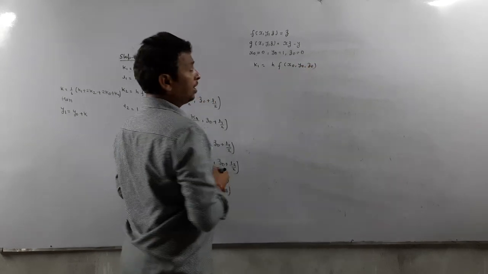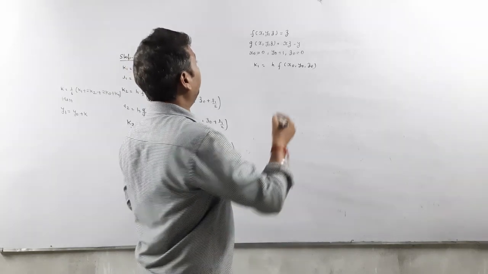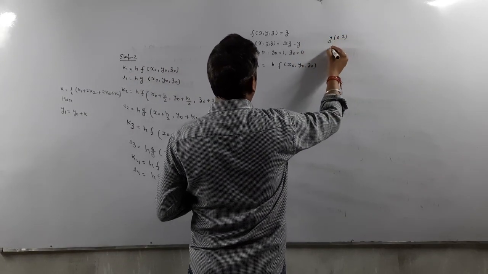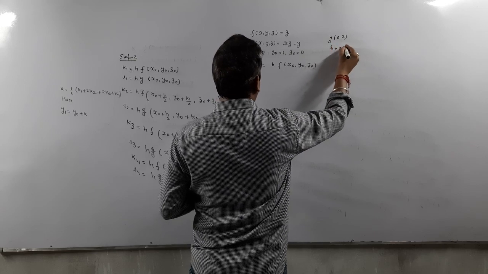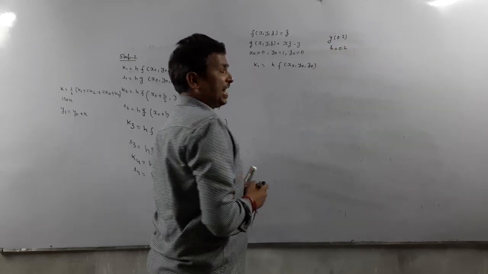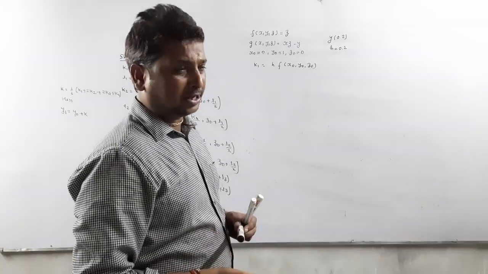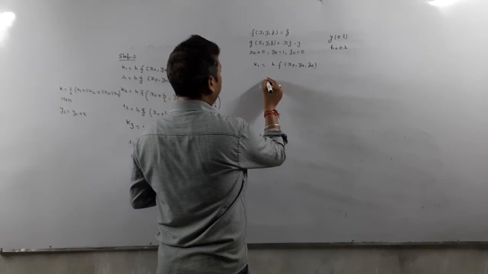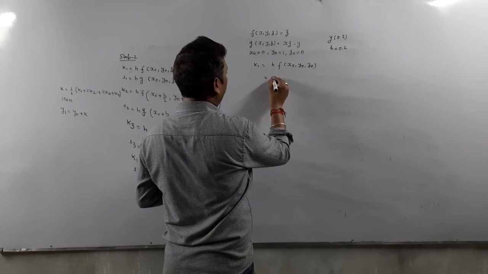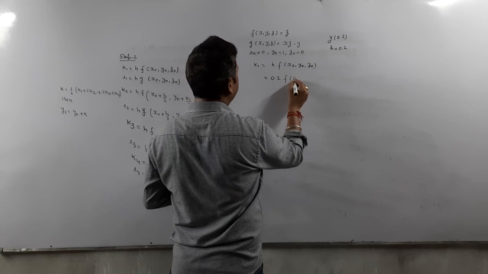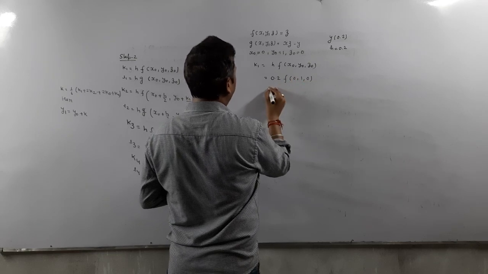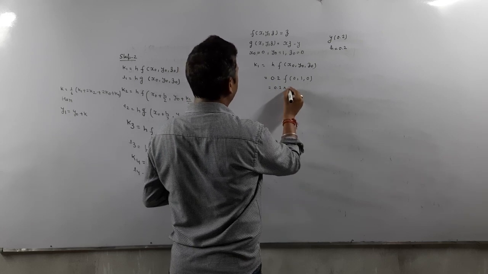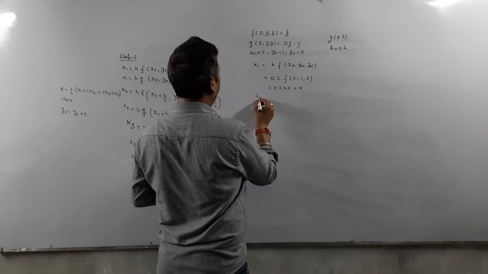What is the h value? See, they ask to find the value of y at 0.2. So take h as 0.2. So only one step is required. If you take h as 0.1, then 2 steps are required. So better we take one step, meaning 0.2. So the h value is 0.2. The function at 0, 1, 0 gives z value 0, so k1 is 0. What is L1?